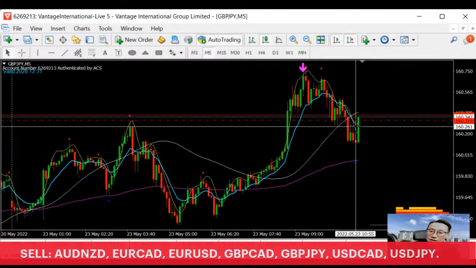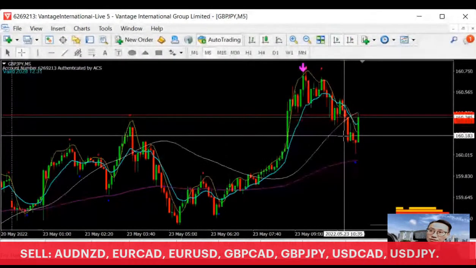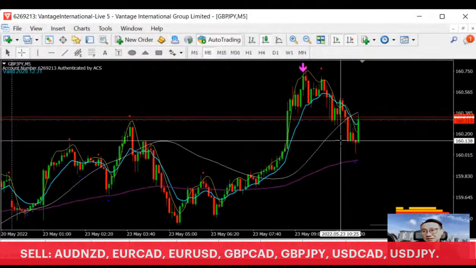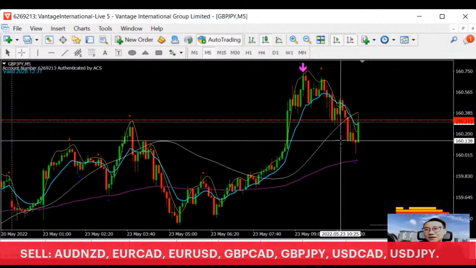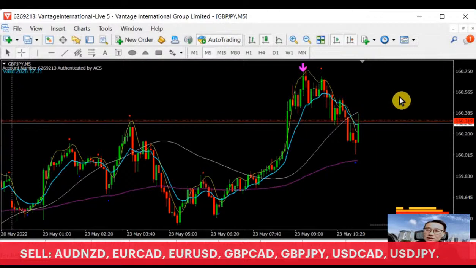160.134, right? 160.134. Oh, okay, this is the one that you are talking about. Yes, that's correct. You're right, this is the support. Okay, in M5, usually, as you can see,